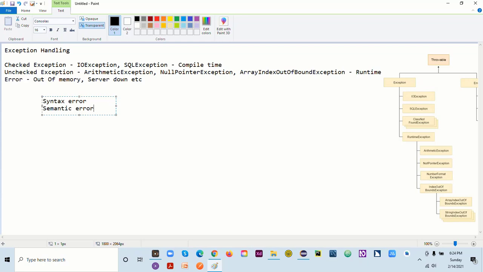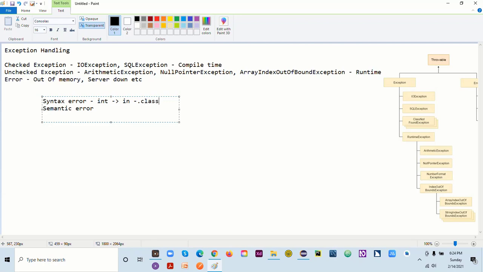Suppose instead of writing int as a data type, you have written in. This will give you an error and it will not allow you to compile. You will see this kind of error at the time of compilation, and your class file will not be generated.